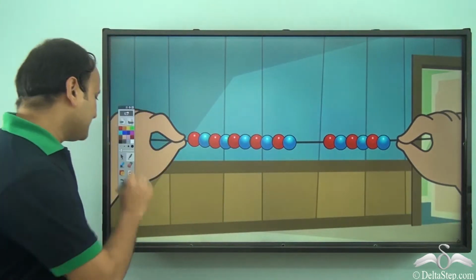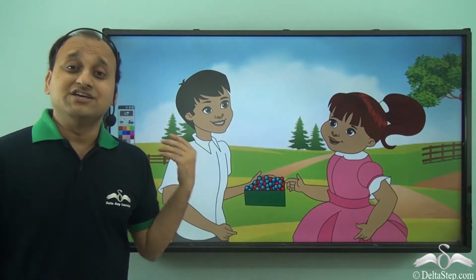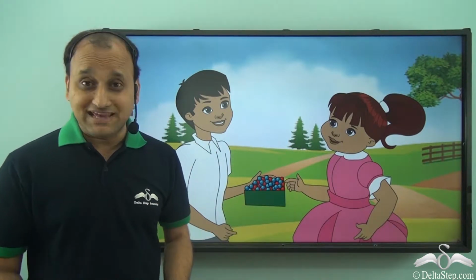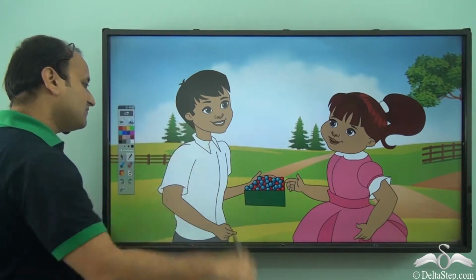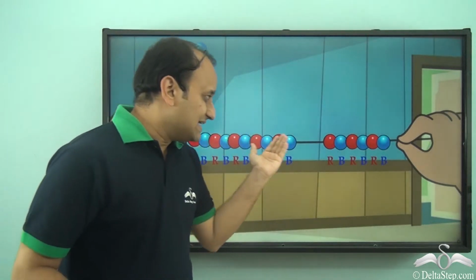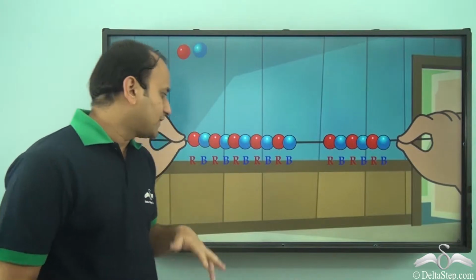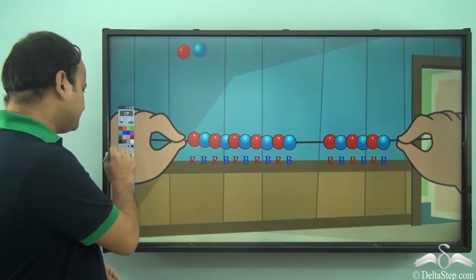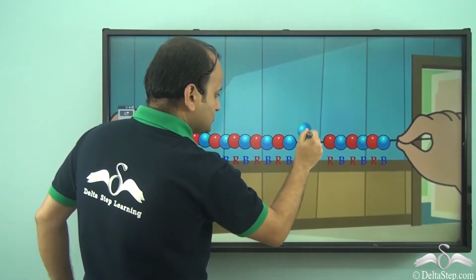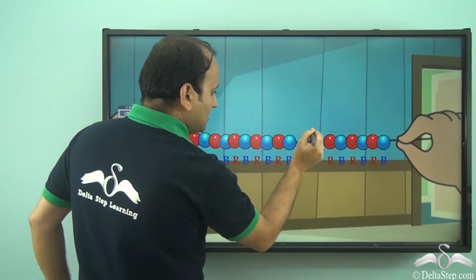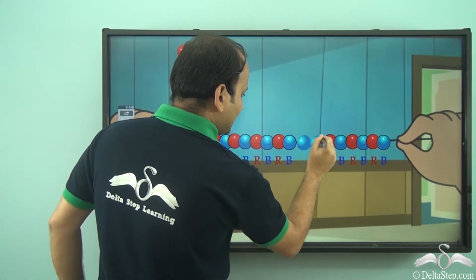But Ravi gave her a box of beads and said, just replace the required beads and you will have the necklace again. So, this is the necklace and two of the beads are missing. Now, Sheila thought, let me place some beads here. So, she placed two beads like this.